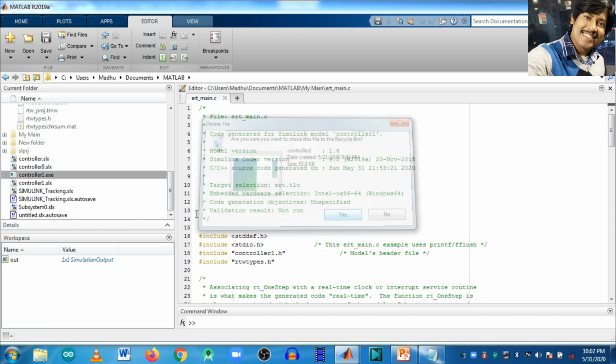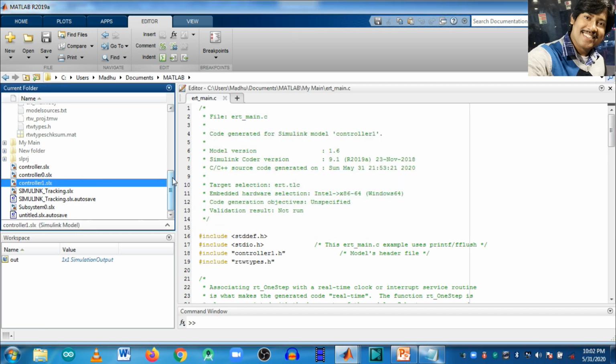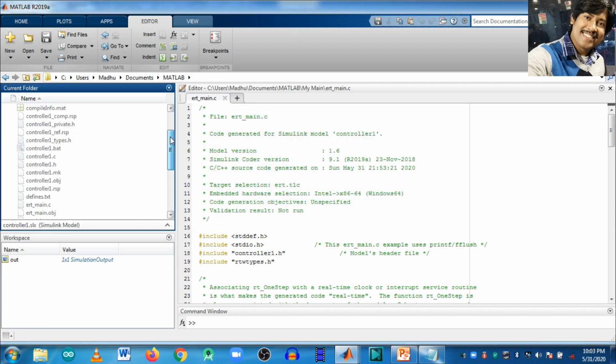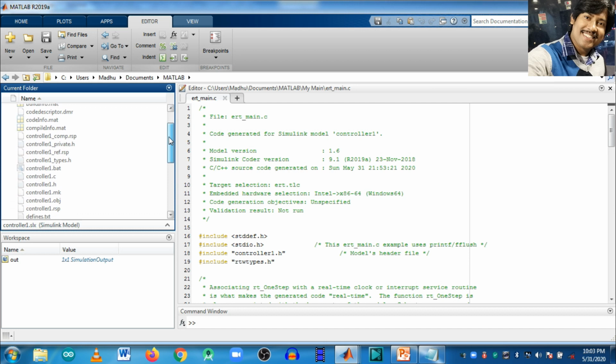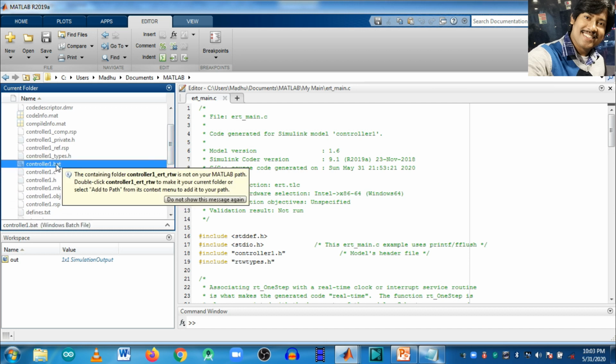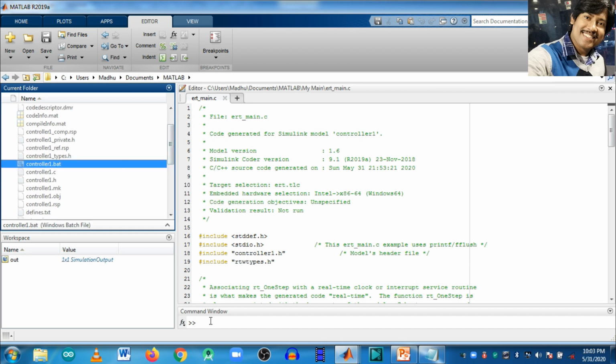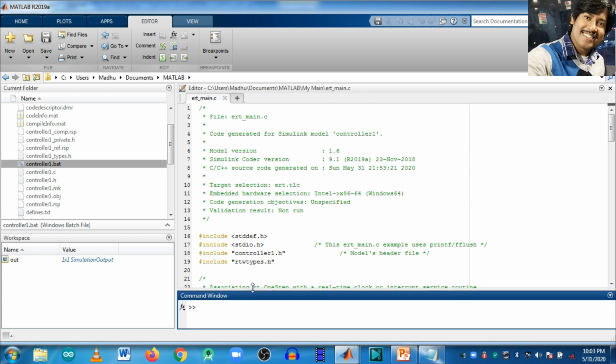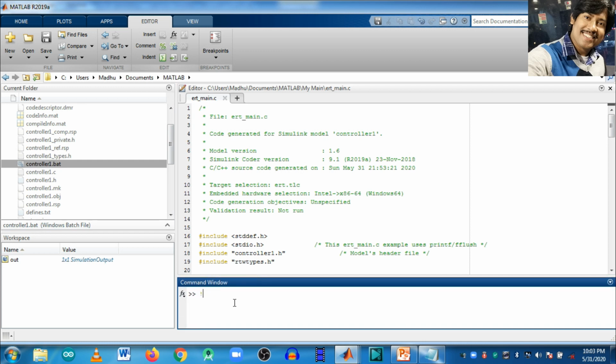So now here there is a bat file. Find the bat file here. This is the bat file. So now go to command prompt by giving this symbol and the bat file name, controller1.bat, and this is the path.